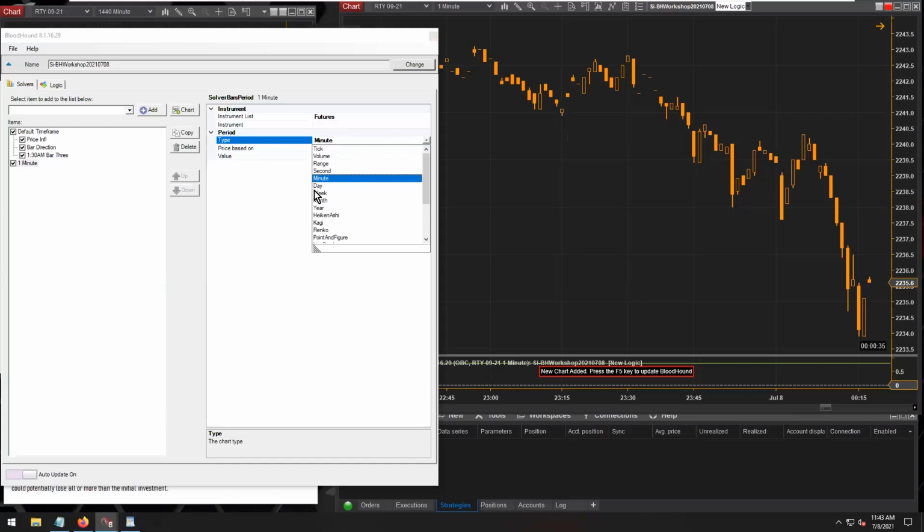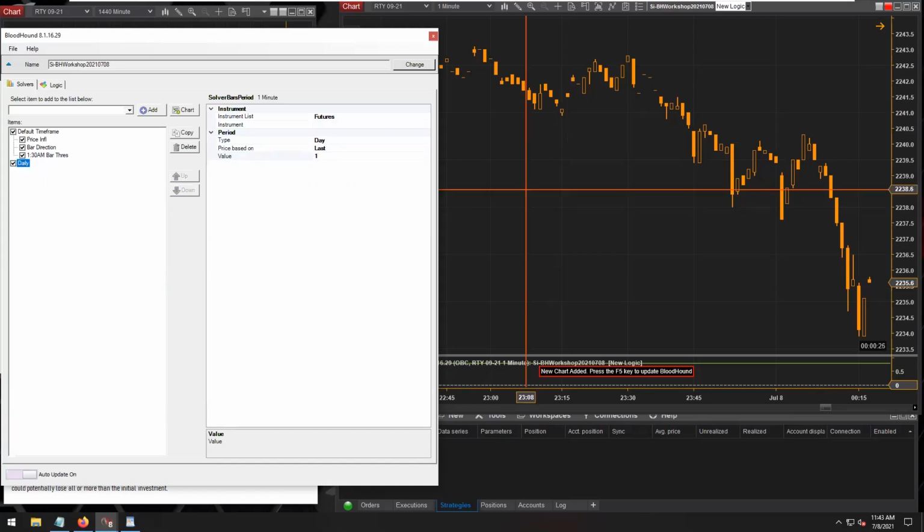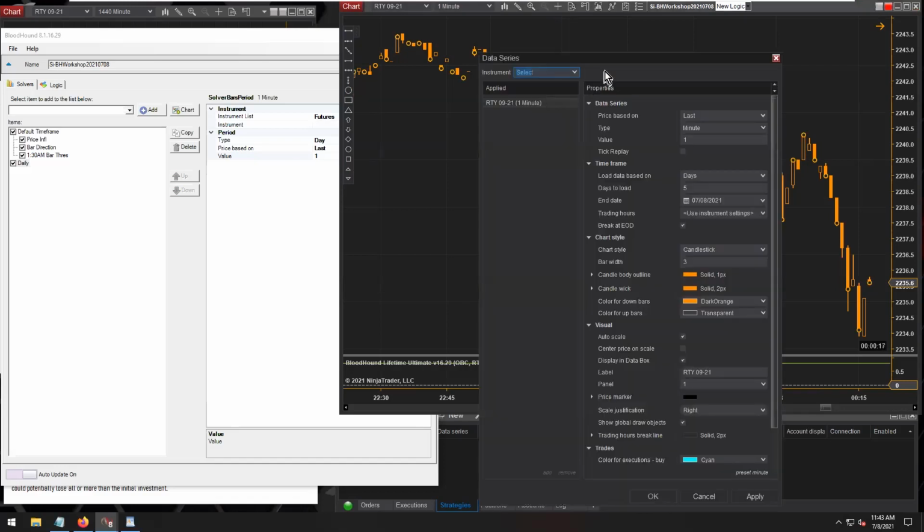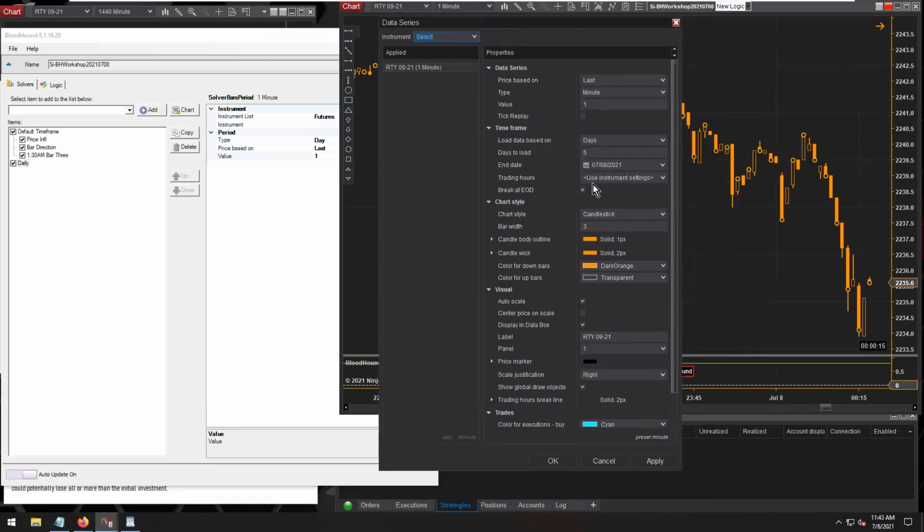All right, so I am adding in daily bar data. And so this daily bar is going to be whatever the chart is set to, right? So the chart that Bloodhound's running on is just using the instrument settings, so it's whatever the instrument's 24-hour period, session ending times are. So let's see, we're going to need,